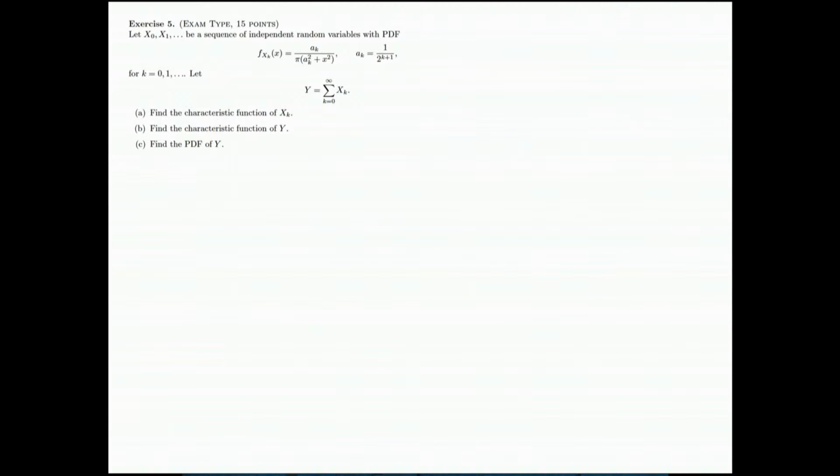Now after we know the moment generating function, here we want to find the characteristic function. Well, to find the characteristic function, most of the time you will use the table we provide. So part A, find the characteristic function of xk. You have a PDF, then by Fourier table,